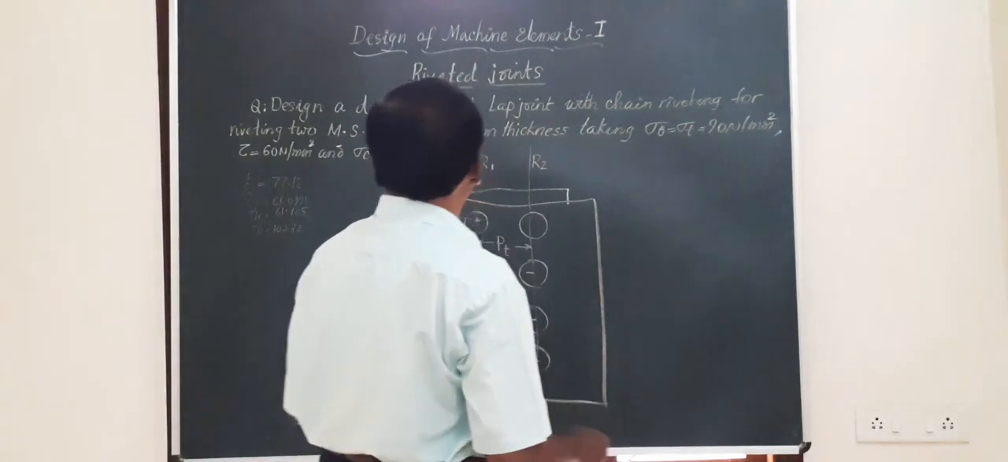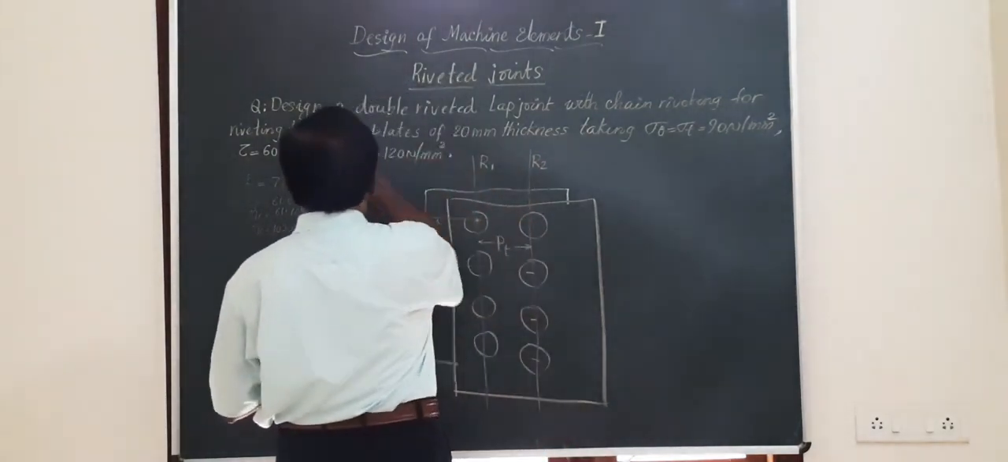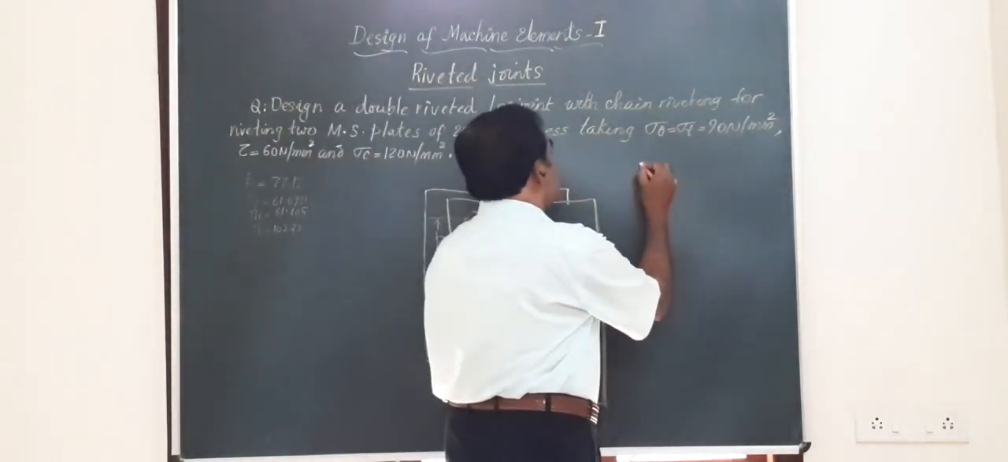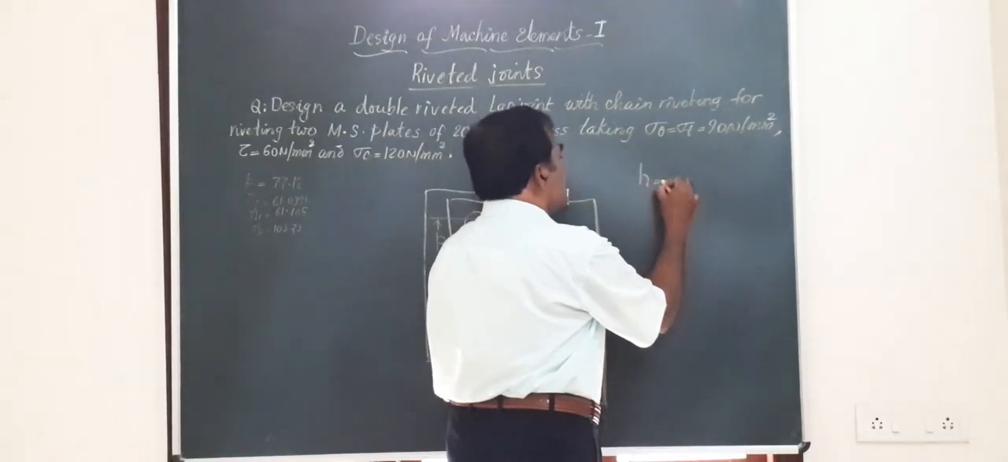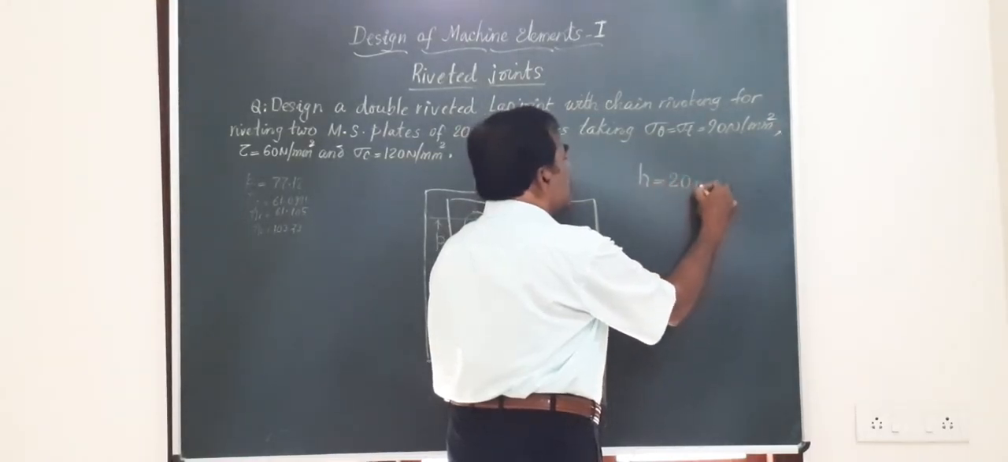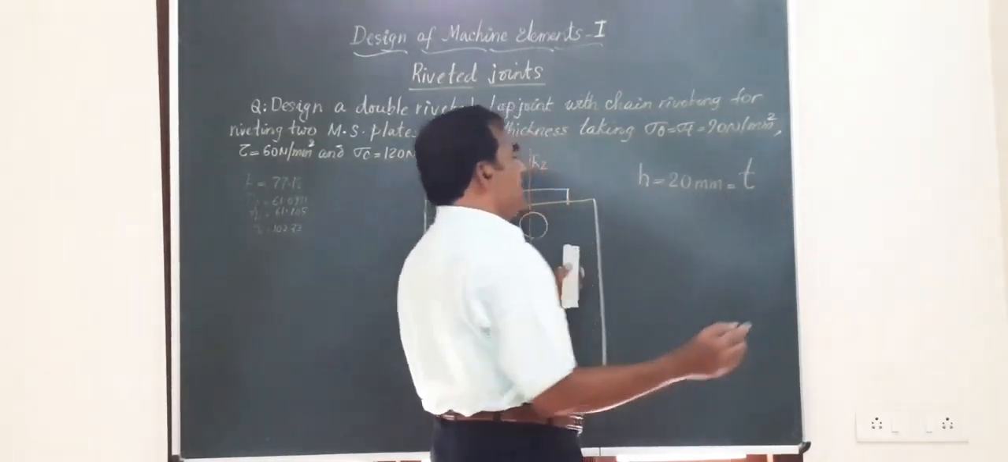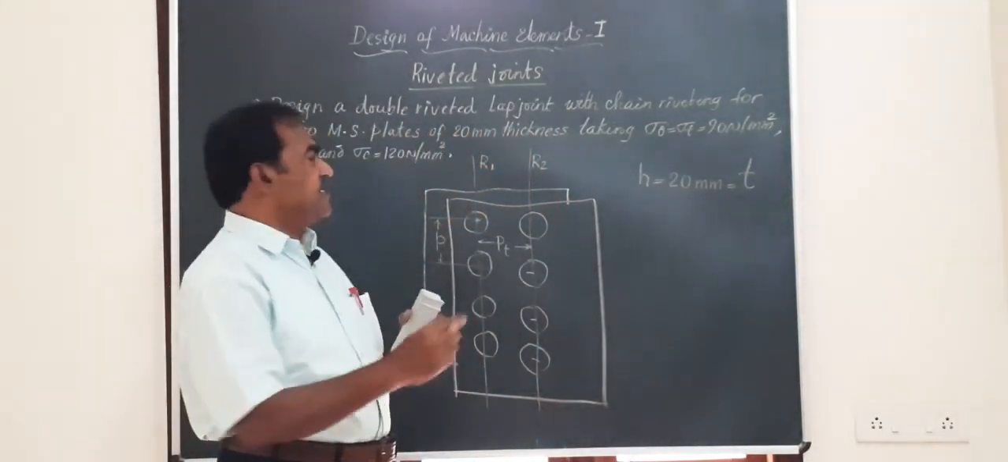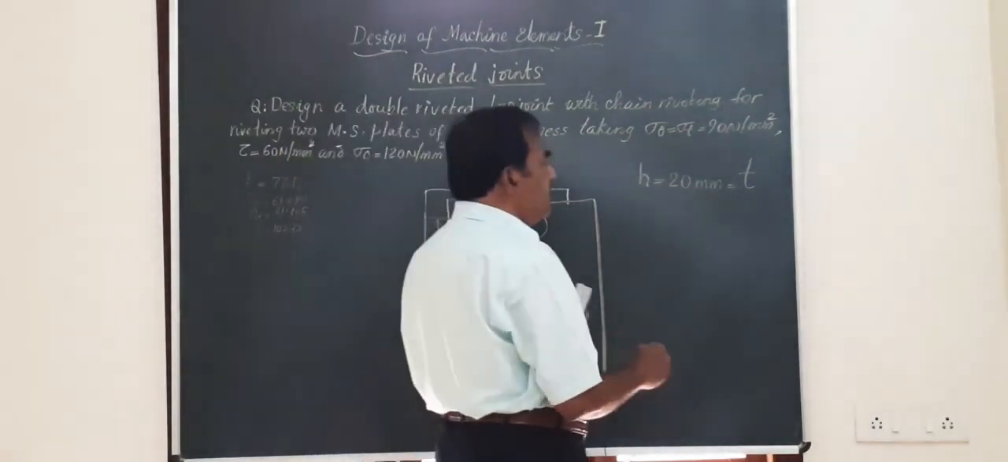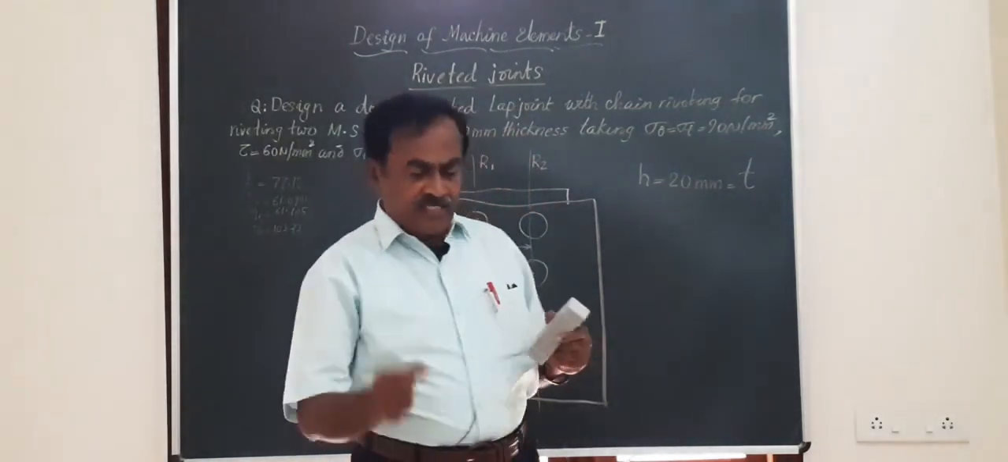In the question he says it has got a thickness of 20 mm, that is, the thickness of the plate to be riveted is 20 mm, and in some data handbooks they make use of the notation T. It is all the same. The thickness of the plates to be joined or riveted is 20 mm, and here a small procedure